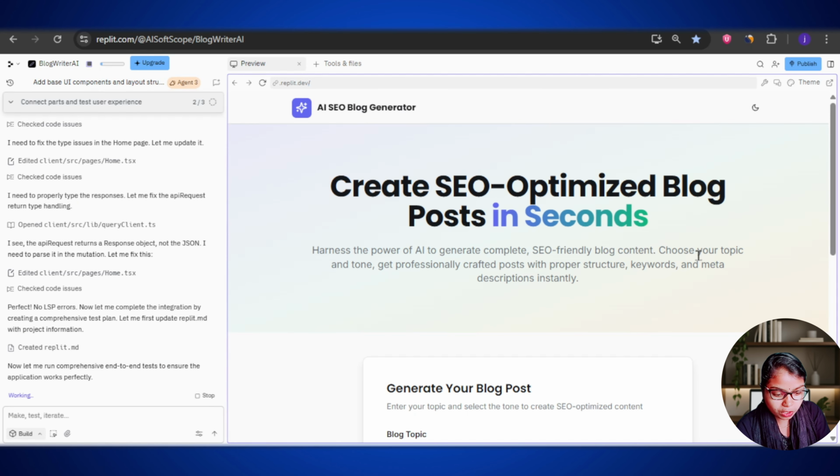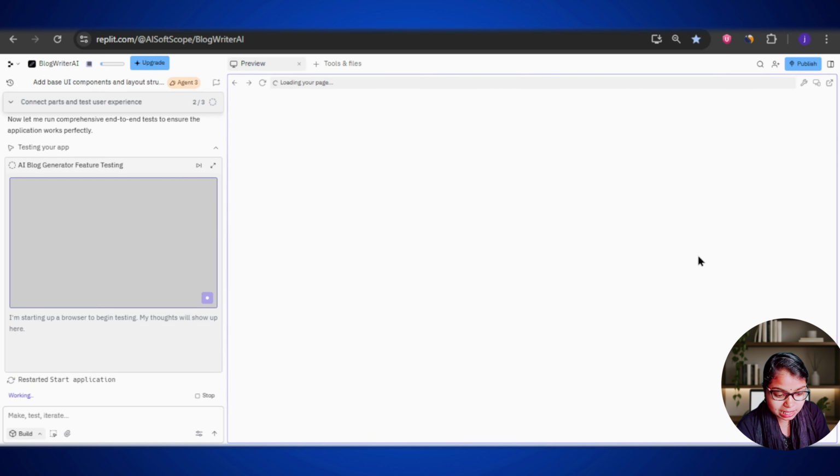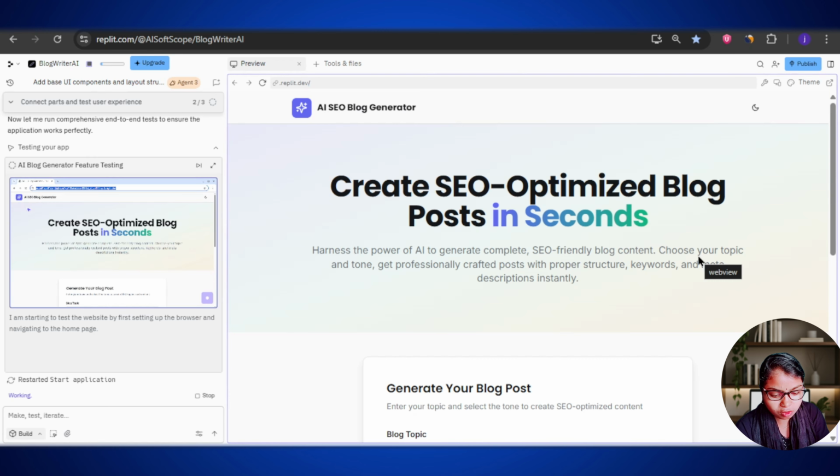And after just a few minutes, boom, our web app is ready. But here is something really impressive I just noticed. The agent isn't just generating code blindly, it's actually testing every single function automatically, checking whether each part of the app works properly or not. That's a big deal because usually when you build something manually, you have to test and fix every bug yourself. But here the AI is doing all of that for you, detecting issues, testing features, and then fixing errors on its own. Pretty amazing, right?